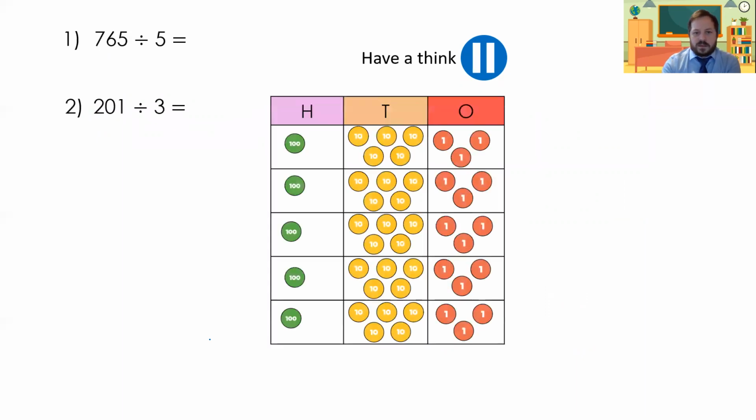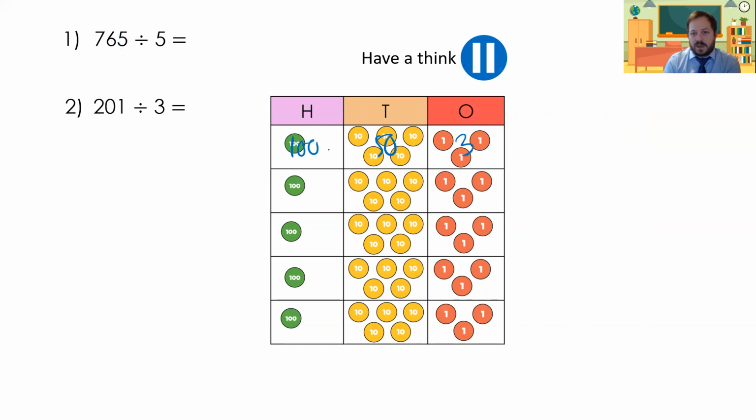Okay, so let's have a look. This is our first one, 700. We can use 5 of them, that leaves us with 200. So that's 26 tens. 26 tens, 26 divided by 5, but in the tens column, 26 divided by 5 would be 5 with 1 left over. So 1 left over makes that 5 into a 15,